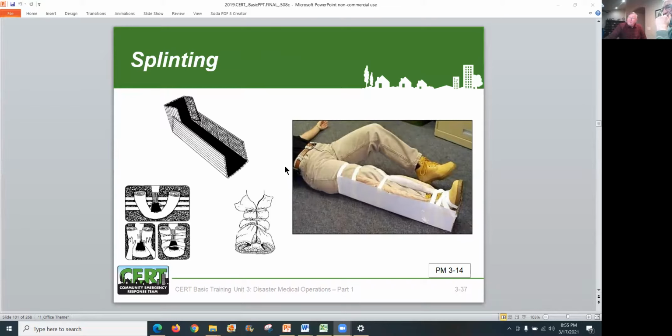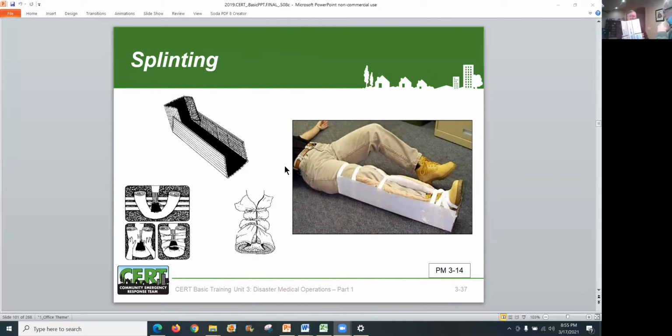Here's another thing. If you've got a broken bone, improvise. Take a blanket, roll it up. Let's see what I got over here. This is a manufactured splint. It's made out of a foam. It's a stiff foam, as you can see, and you can put it around a leg or an arm. You can bend it and then tape it in place. Substitutes: they're showing pasteboard boxes. They're showing blankets rolled up. That's all your Boy Scout stuff.